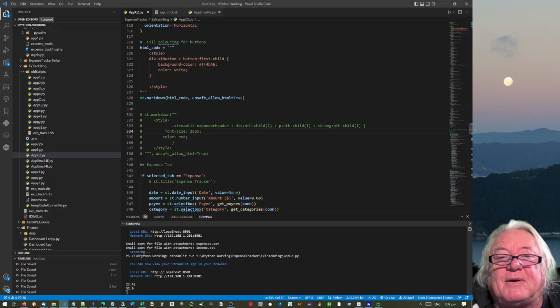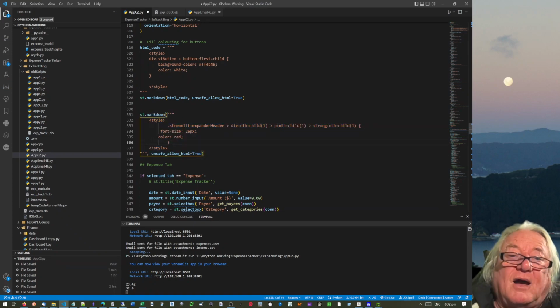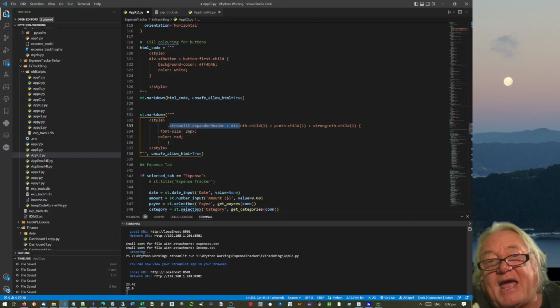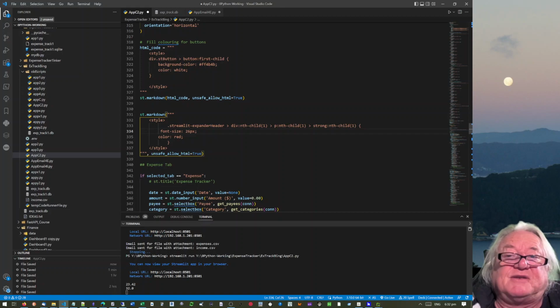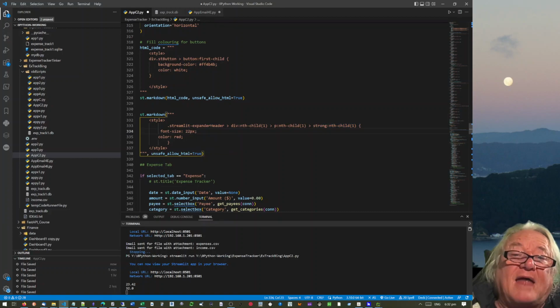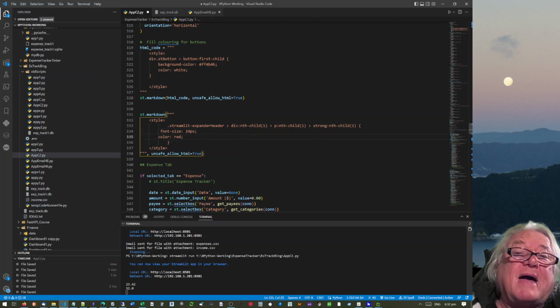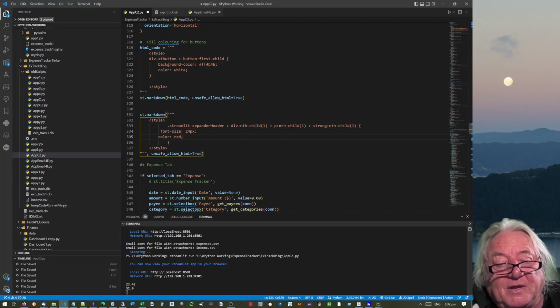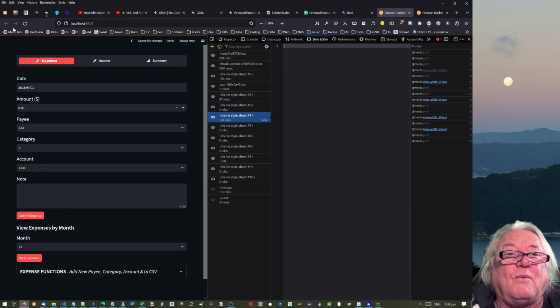It ended up coming through with the Streamlit expander header, div whatever child it was, but the nth child of this, that and the other, it was strong, so they've got the strong quotes on them, and then I was able to increase the font size to whatever it was. So on this one I might make it 24. The other thing that I could actually do on here that I decided to do was make that text red as well. So I did that, and so when we look at the app now, when I do a refresh on there,